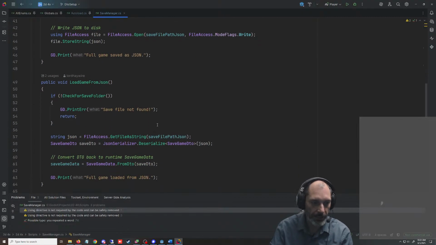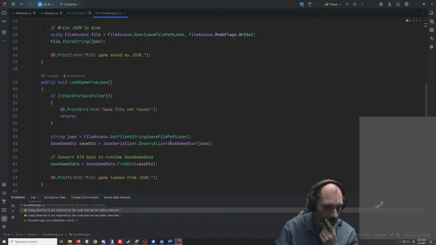All right, so how are we loading this shit? Because we gotta, okay, so we're just serializing it straight. I think what we gotta do,